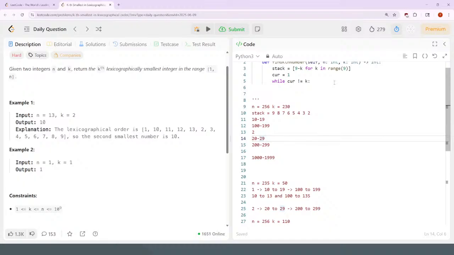Doesn't seem right. Because 20 to 29 would include things that probably end up being somewhere in k. Like 29 is probably not going to be after k, after the 230th element. So how would you know that? I guess you would only push onto the stack